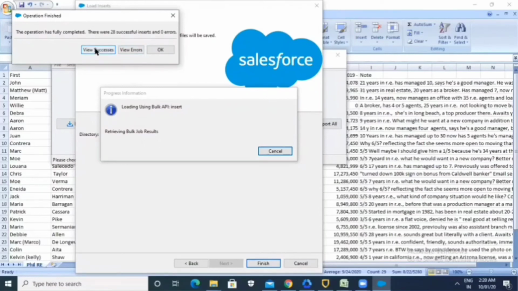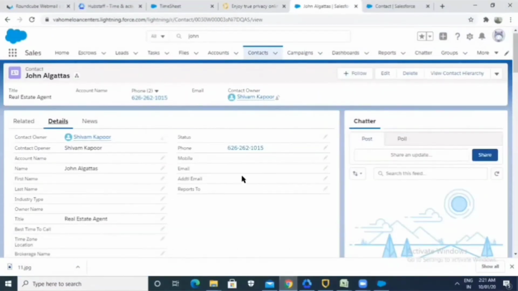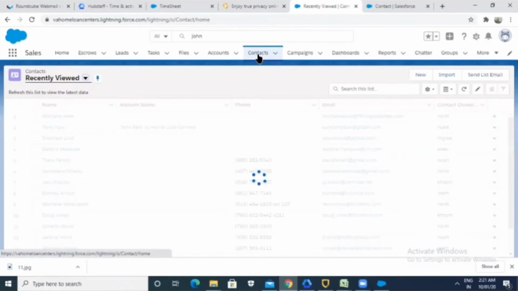Now this is successful. To check, we have to go to our Salesforce org and check whether these records are there or not. So now I'm going to our Salesforce org. This is my Salesforce org, and I am checking Contacts.